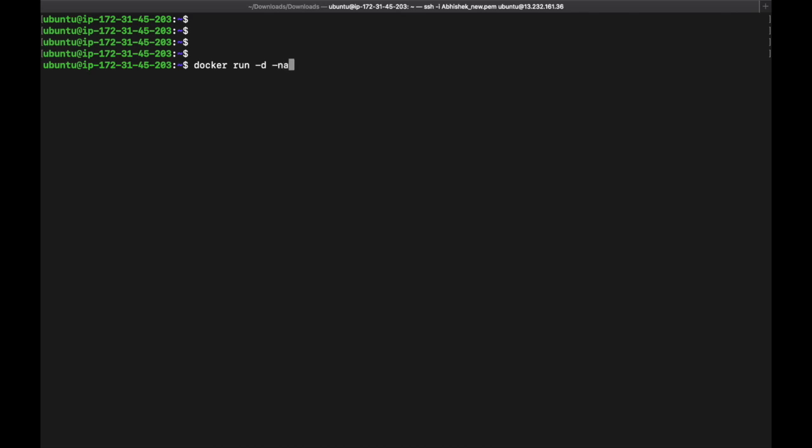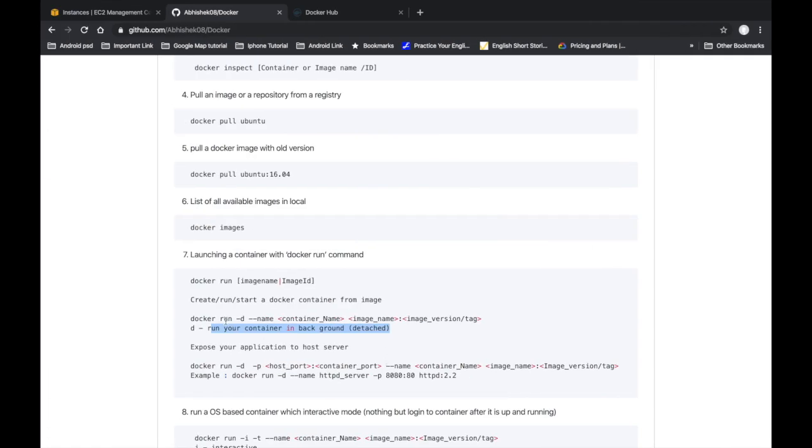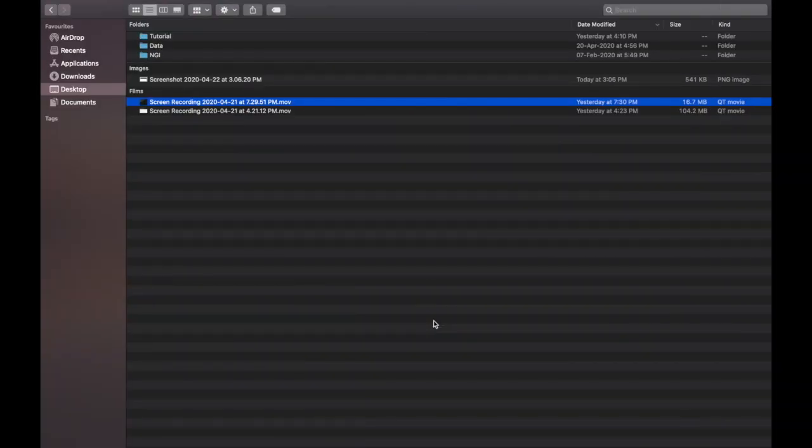Then a hyphen name, the name of the container, Ubuntu container, and the image name. We can see here the command is docker run -d. D means run your container in the background, then container name and image name, and if you have a specific version.